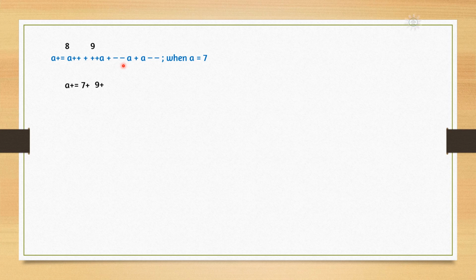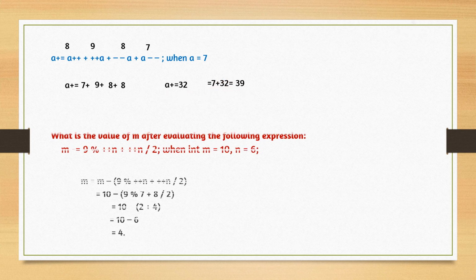And now coming here, it is again a prefix, so first change it. 9 minus 1, it will become 8 first and then we use it in the expression. Plus a--, use and then change. So the answer will be a += 32. We have solved the right hand side and now take the left hand side. The original value of a will be taken. That means 7 plus 32, it is 39. When it comes to the right hand side, don't change the sign. It will be 7, not minus 7. 7 plus 32, 39.